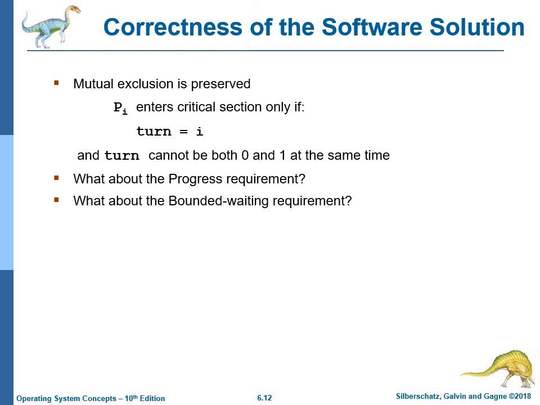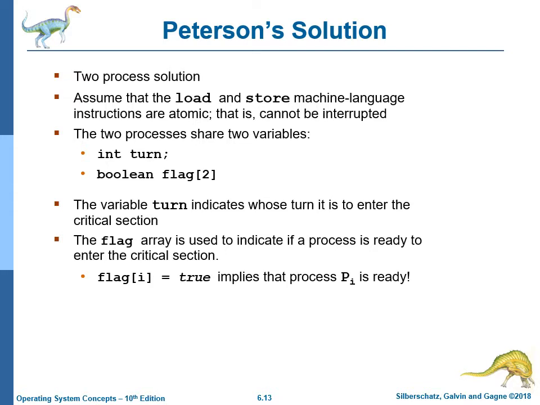Okay, so macam mana buat the progress requirement? Progress requirement tadi, kalau tak ada proses yang exist dekat dalam critical section, so dia boleh masuk kan. Dan macam mana pula dengan bounded waiting requirement tadi? Dia tak solve lagi. So maknanya interrupt based solution yang kita bagi tadi, dia hanya boleh solve the mutual exclusion saja, tapi dia tak solve the progress requirement dan juga bounded waiting punya syarat. Okay, so that's why we come up with one solution, which is the Peterson's